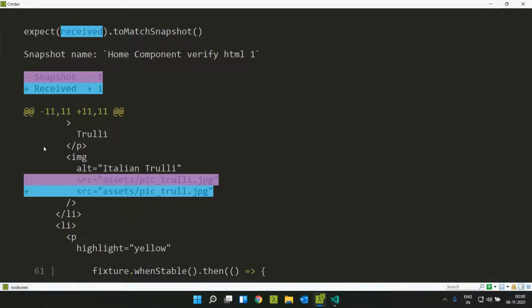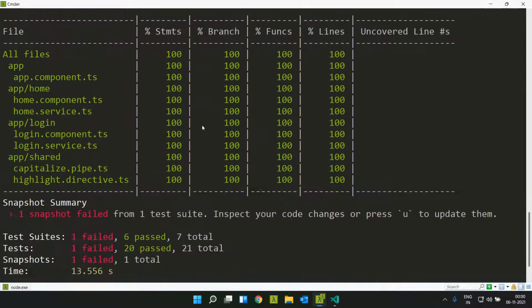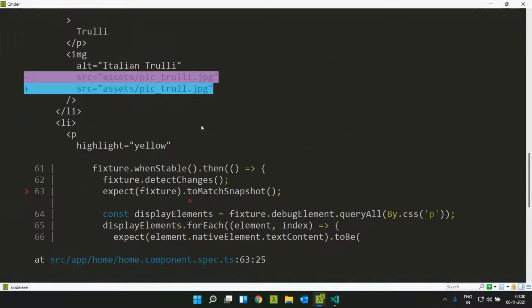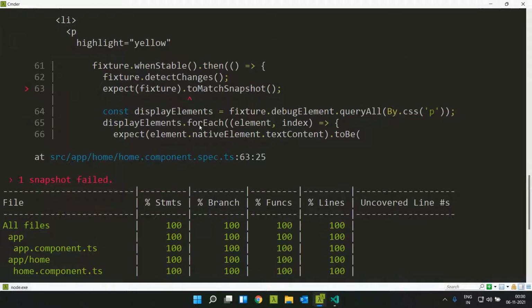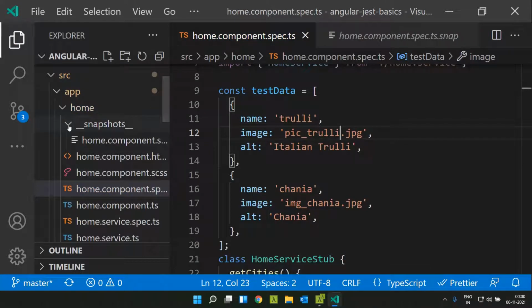You can see what the difference is as well. This was the previous one, that's the expected value, and this is the current one. This is the way in which snapshot testing works. In case I had intentionally modified this and needed to update the snapshot, I can do that by running the Jest update snapshot command. Here, since it is a mistake, it will show the failure. In case I revert it back, now the snapshot testing will be successful.